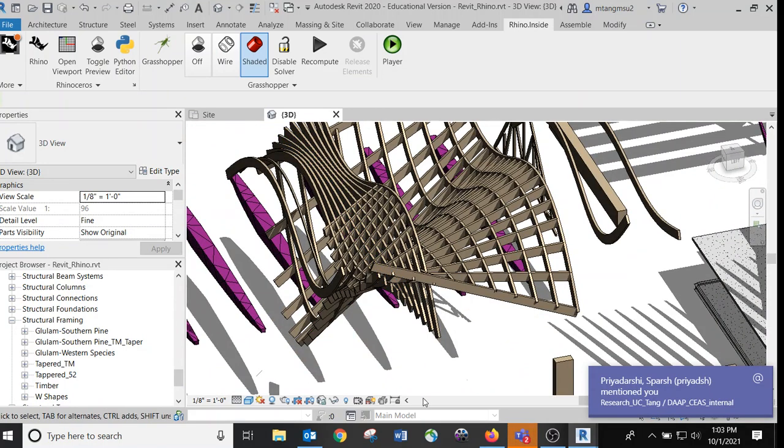Okay, I think that's it for Rhino inside Revit. I hope this will